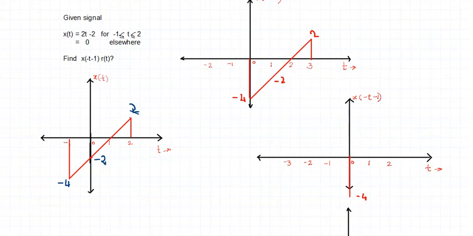At plus 1, the magnitude is minus 2. This should reflect on the other side. So whatever is at plus 1 will appear at minus 1. So at minus 1, the magnitude is minus 2. Right? So whatever is here should appear on the other side. At plus 1 here, the magnitude is minus 2, and at minus 1 you expect the magnitude to be minus 2. No change in the magnitude. What changes is the